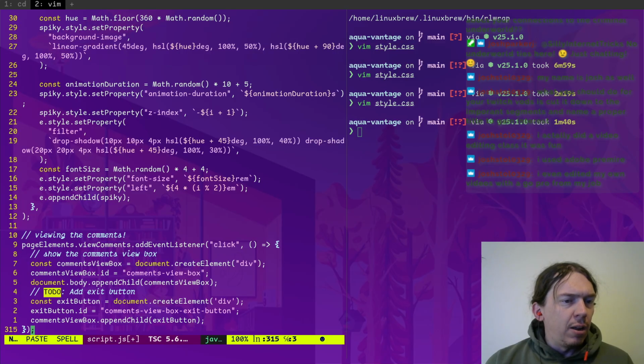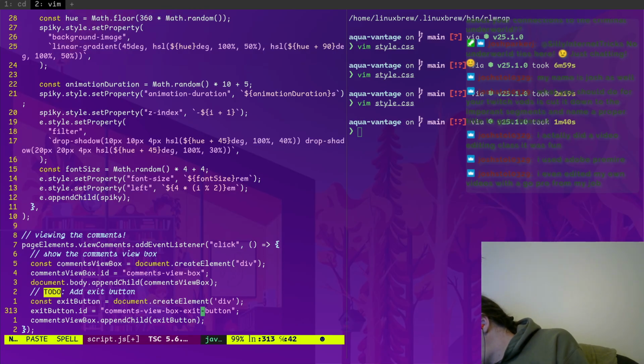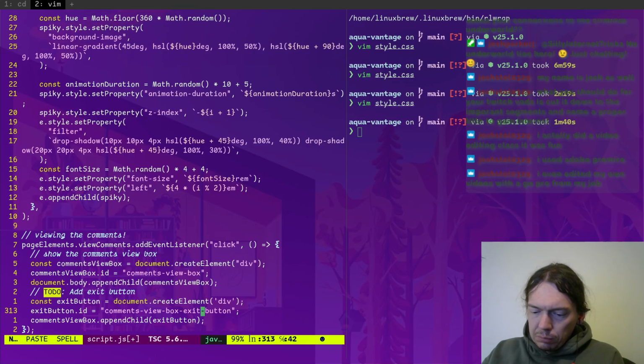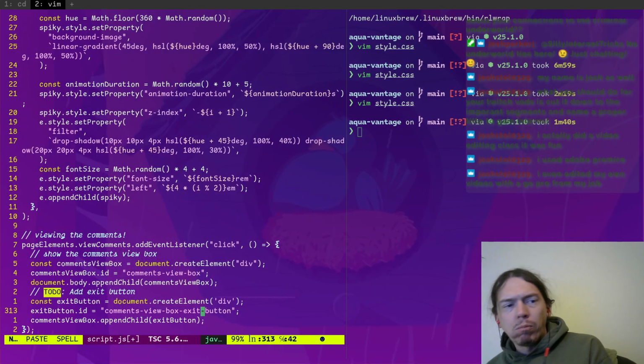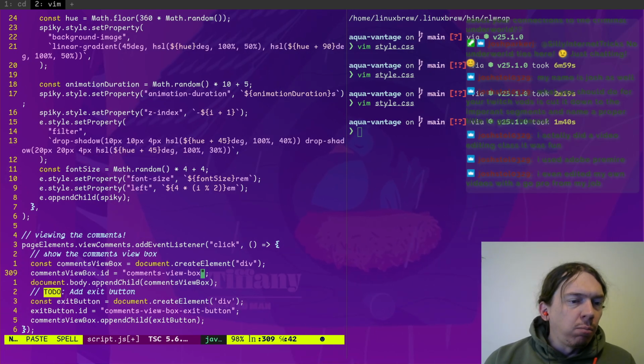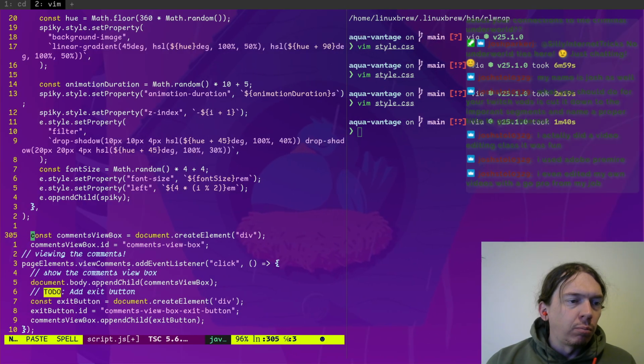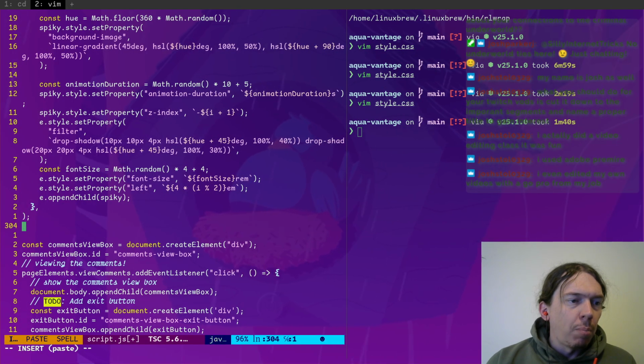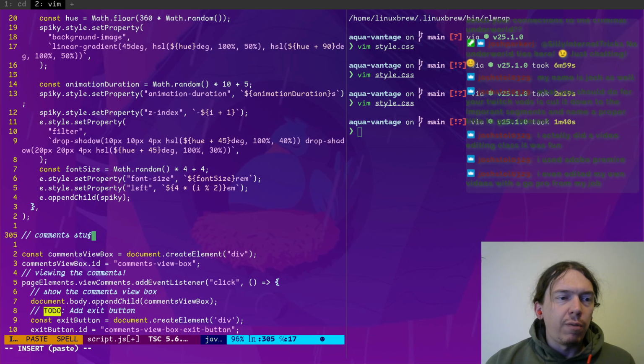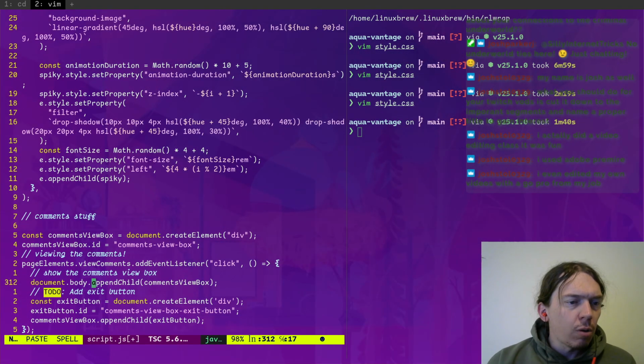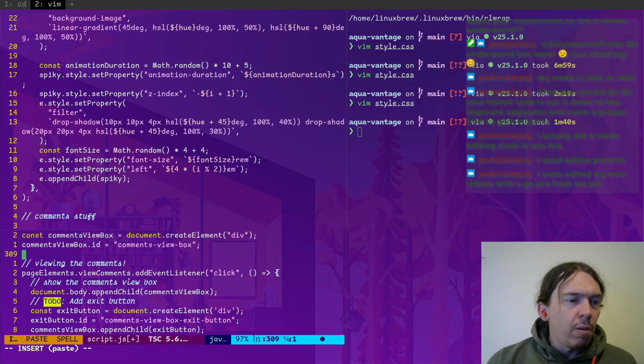And so then the exit button needs to have its own event listener, right? Which will just get rid of the comments view box. Comments stuff. Okay. So I'll put that there.